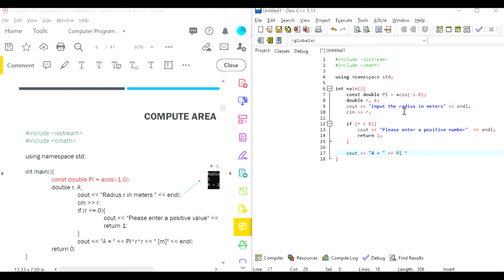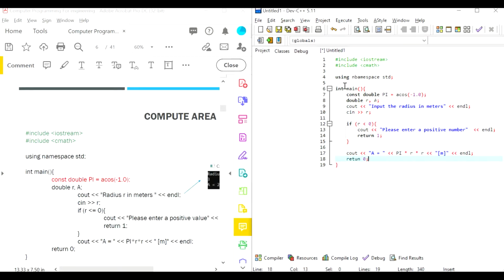Times r times r. So r squared times pi. Okay, and then this is in meters. Yes, and then we're going to say end of line. And of course, we should say return 0 to make sure that there are no completion errors